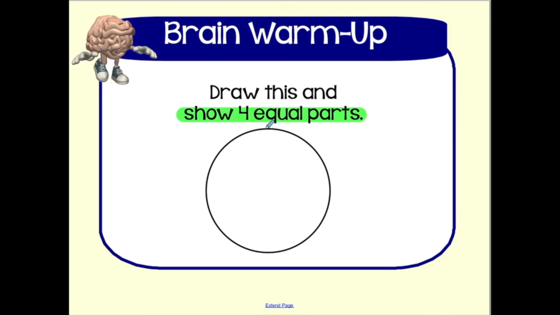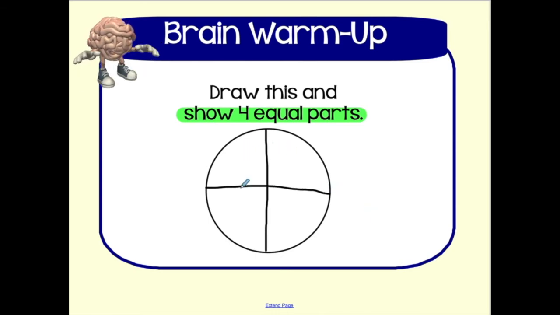Now, I could start like this. Cut it in half. But, nope, I only see 2 pieces. I need 4. So I could go like that. And that makes me think of a pizza. 4 equal parts. Now, I wonder if anybody tried to go like this